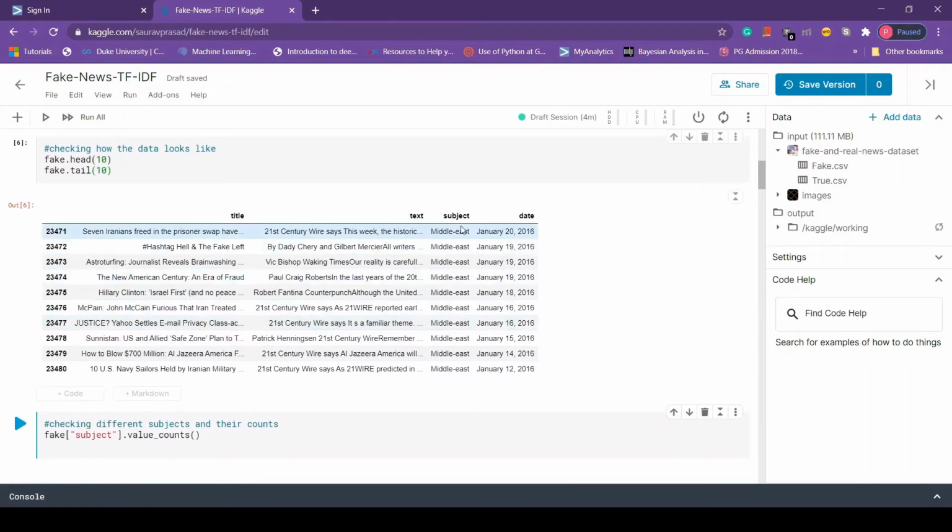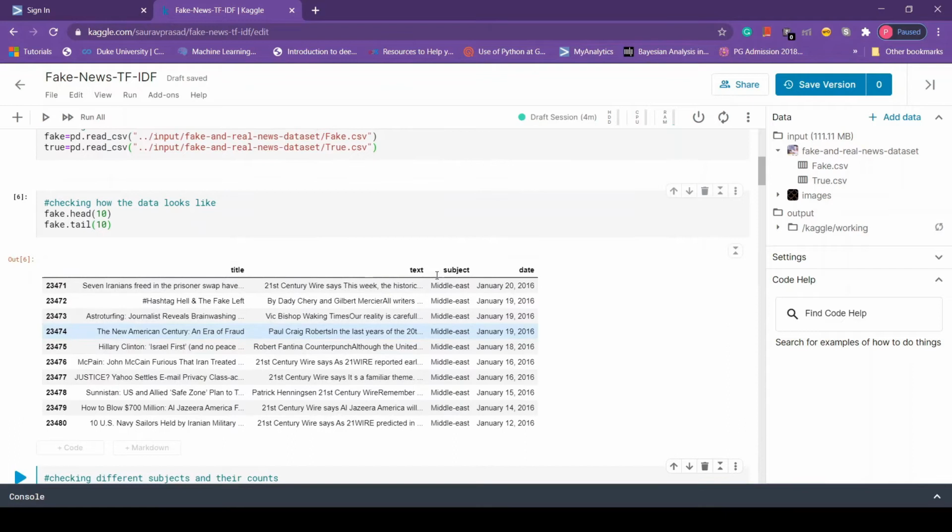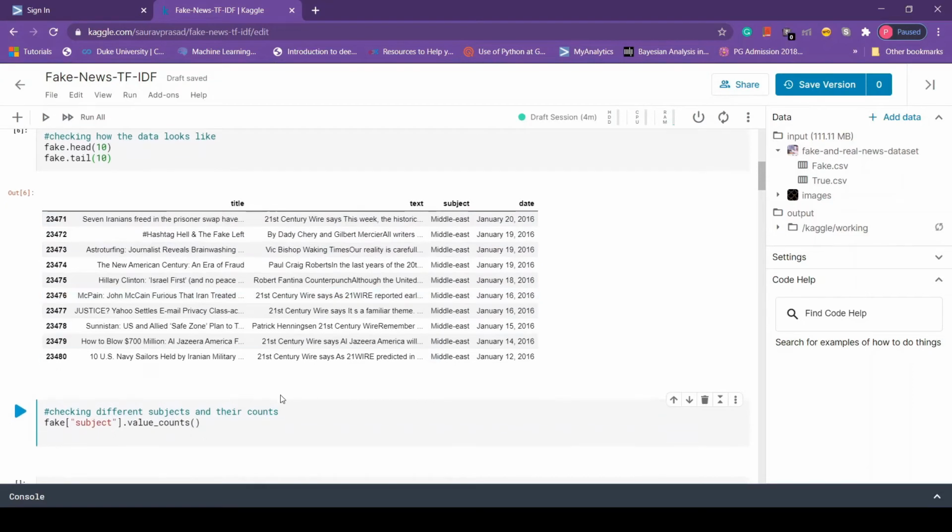So now let's check this subject variable, how many different values it takes and their counts. To do that, we have the value_counts method. Okay, if we want any particular column, we can pass that column as a string in square brackets. Let me show you what I'm saying. So here we get only the subject column.